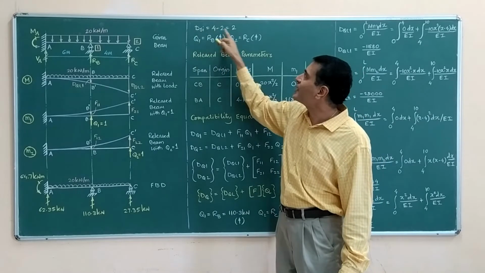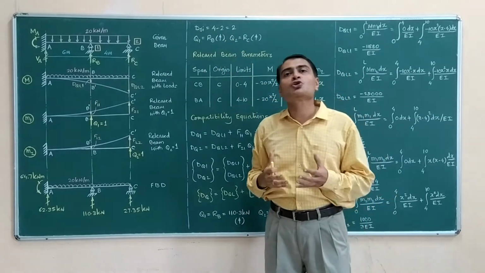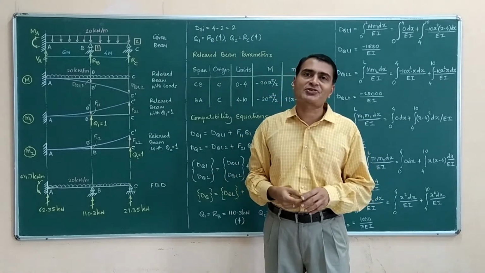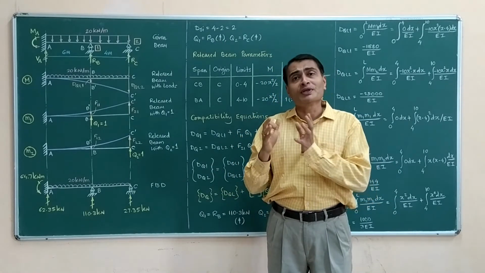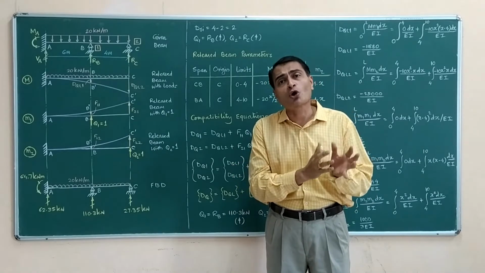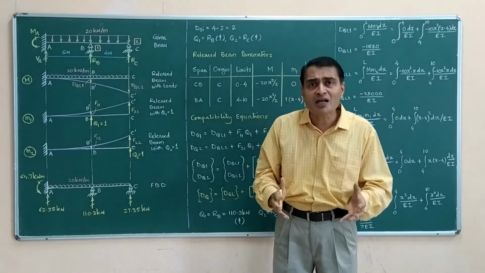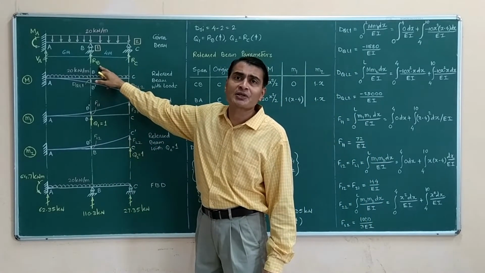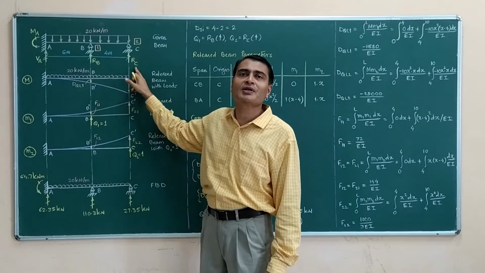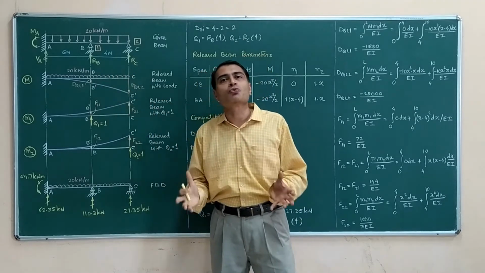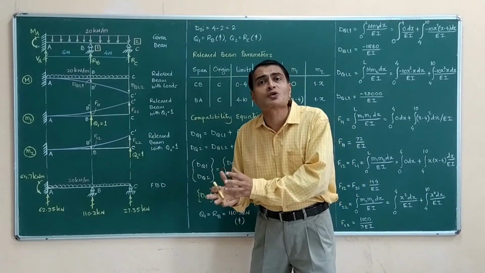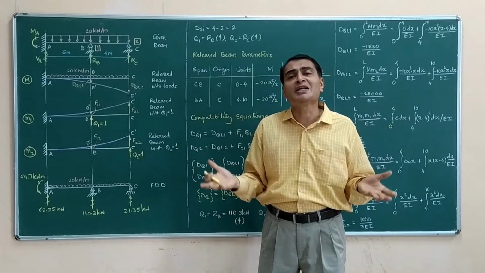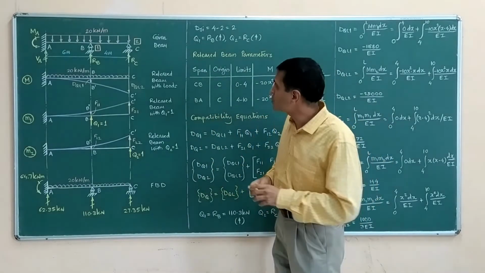So our DSI is 2, then it is our choice to choose which forces are redundant forces, unnecessary forces, without whom also equilibrium theoretically would have been possible, and of course we are choosing RB, support reaction RB, and support reaction RC as the redundant forces. So if I remove those 2 supports, my beam, my structure will simply be a cantilever beam. So that is what I am doing.